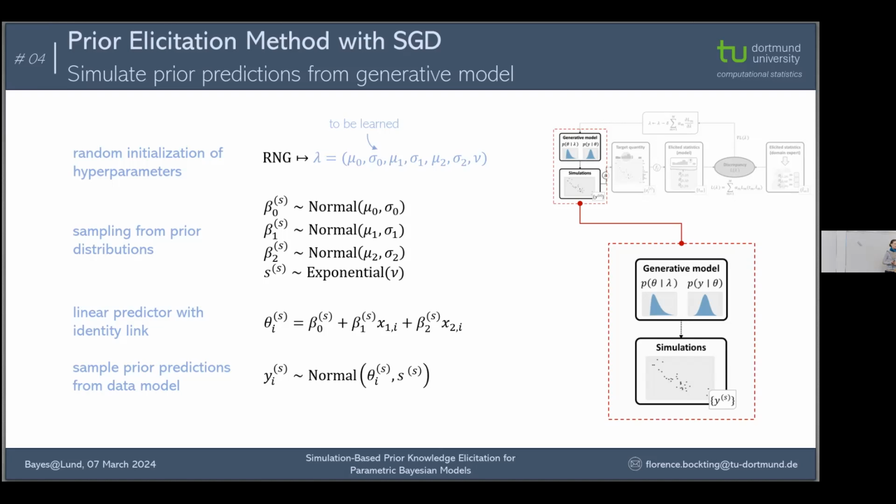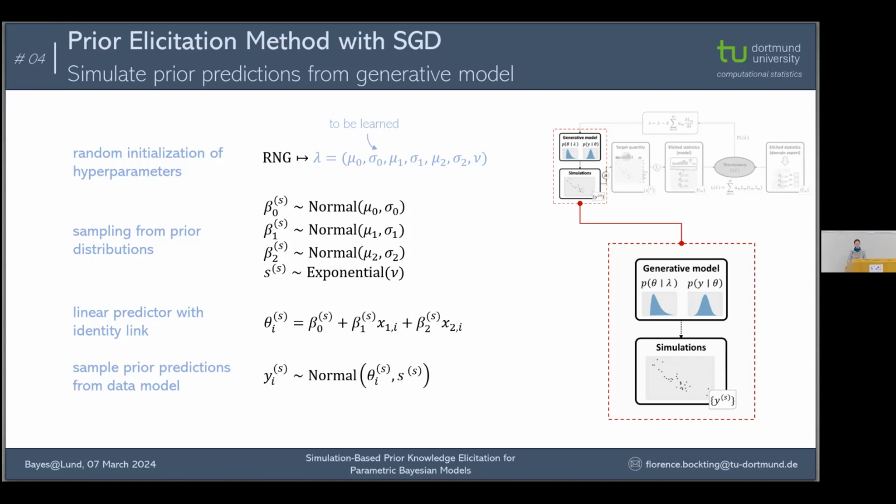And now we want to simulate data, so we need certain hyperparameter values. Of course, we don't know them yet, because otherwise you wouldn't need such a method. So we start by simply having a random initialization of our hyperparameter values, such that we can now simulate in a forward way